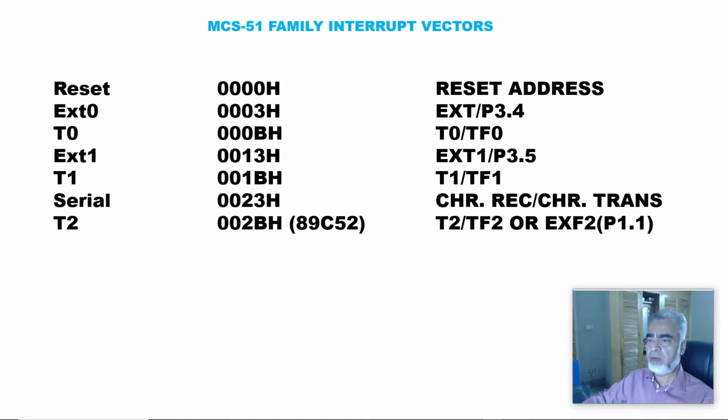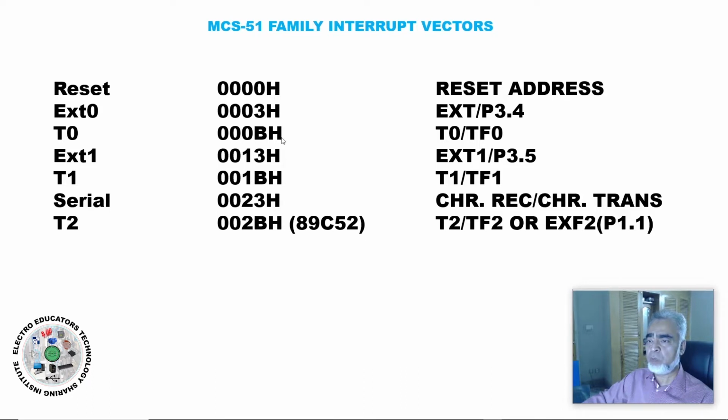And here we can find different interrupt vector addresses for MCS 51 family. That is 000H for reset, 0003H for external 0, 000BH for timer 0, 0013H for external 1, 001BH for timer 1, 0023H for serial interrupt, and 002BH for timer 2 in case of 89C52 microcontroller. But in the 89C51 microcontroller, we have two timers, that is timer 0 and timer 1, and their interrupt vector addresses